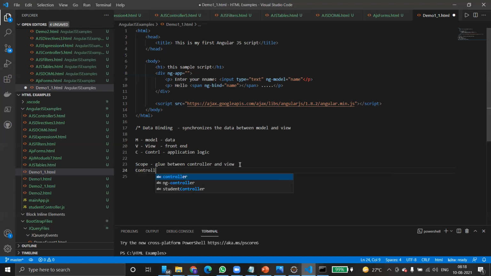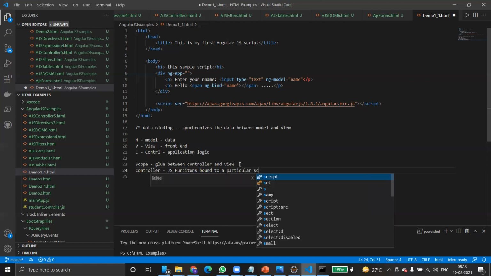Controller is purely JavaScript functions bound to a particular scope. What is scope? Scope is again a glue between the controller and view. And what is controller? Controller is a JavaScript function that is bound to the particular scope.